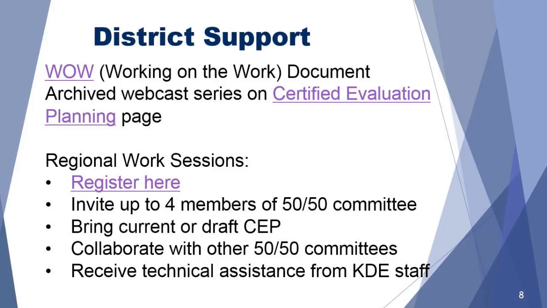You certainly still will need definitions and roles. You want to do that to ensure transparency and procedures, that you follow procedures. It's important to do that, and that is something that could easily be appealed. So you want a defensible system. There's also the procedures for appeals that are required. So it will lay out the things that are necessary, but we are not really outlining exactly how it's to be done. If there's something in the law specific that was written in statute or proposed regulation, we have noted that, but it really is just to help you as a district and a 50-50 committee decide on what needs to be placed in your certified evaluation plan.